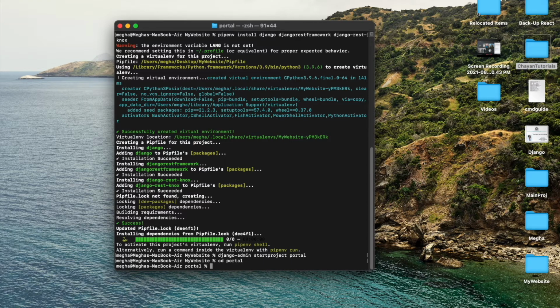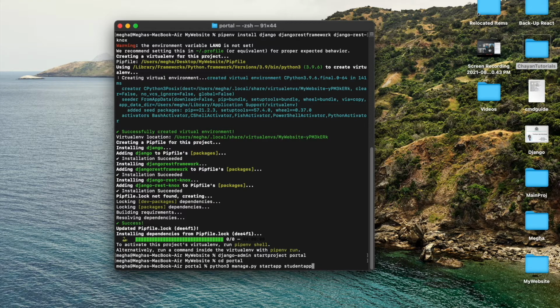For example, let me just create one app, let's say student app. To create a student app, I will say python3 manage.py, and the command is startapp, and the name of my app is student app.